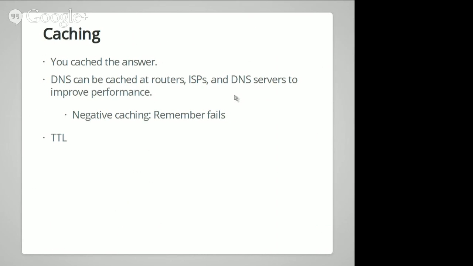So, at nearly any place that handles DNS, it can be cached. This speeds everything up. You can also have what's called negative caching, where you remember not only, oh, I tried to find this thing and here's where I found it, but I tried to find this thing and it couldn't be found. And then the next problem with this is, how long should you remember that for? When you remember the answer to a math question, it's cool to remember it indefinitely because that's never going to change, right? But